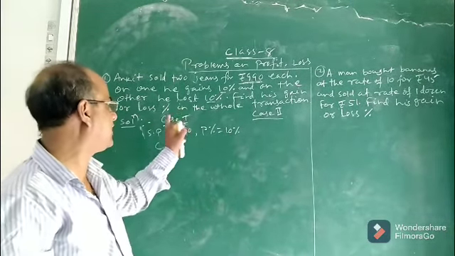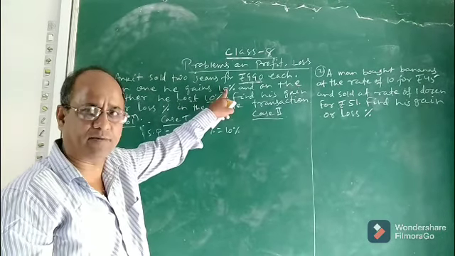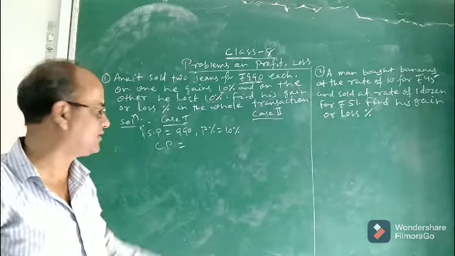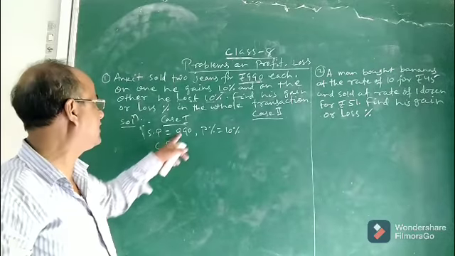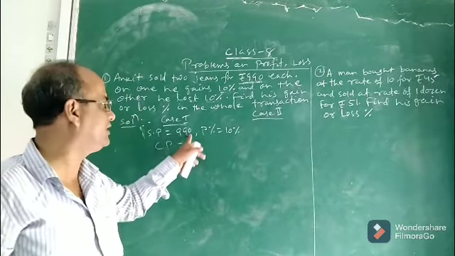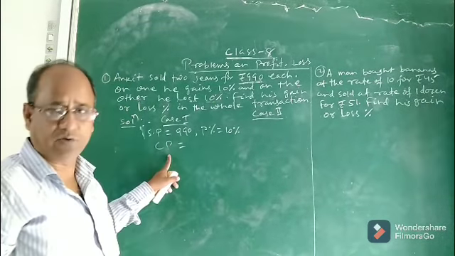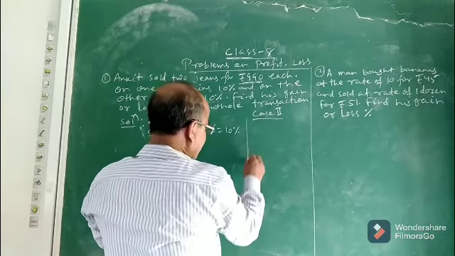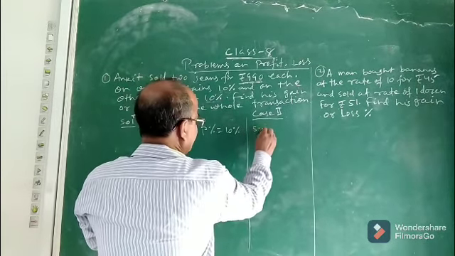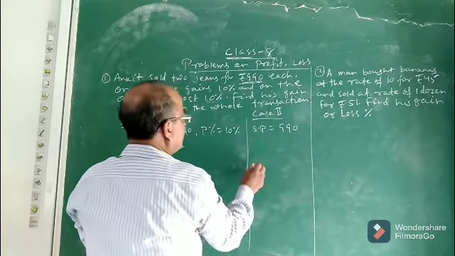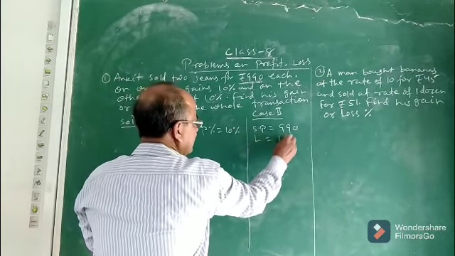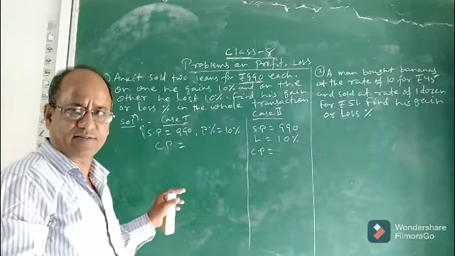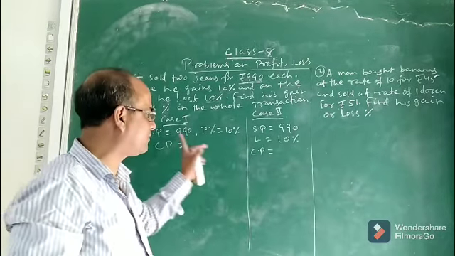So in this question, there are two cases, because in one case there is a profit of 10% and in the other case there is a loss of 10%. So we will divide the problem into two cases. In case 1, what is given? We are given the selling price of the first jeans, it is 990, and the profit is 10%, but we do not know what the cost price is. In the second case, you are given SP equal to 990 rupees, then your loss is 10% and we do not know what the CP is.